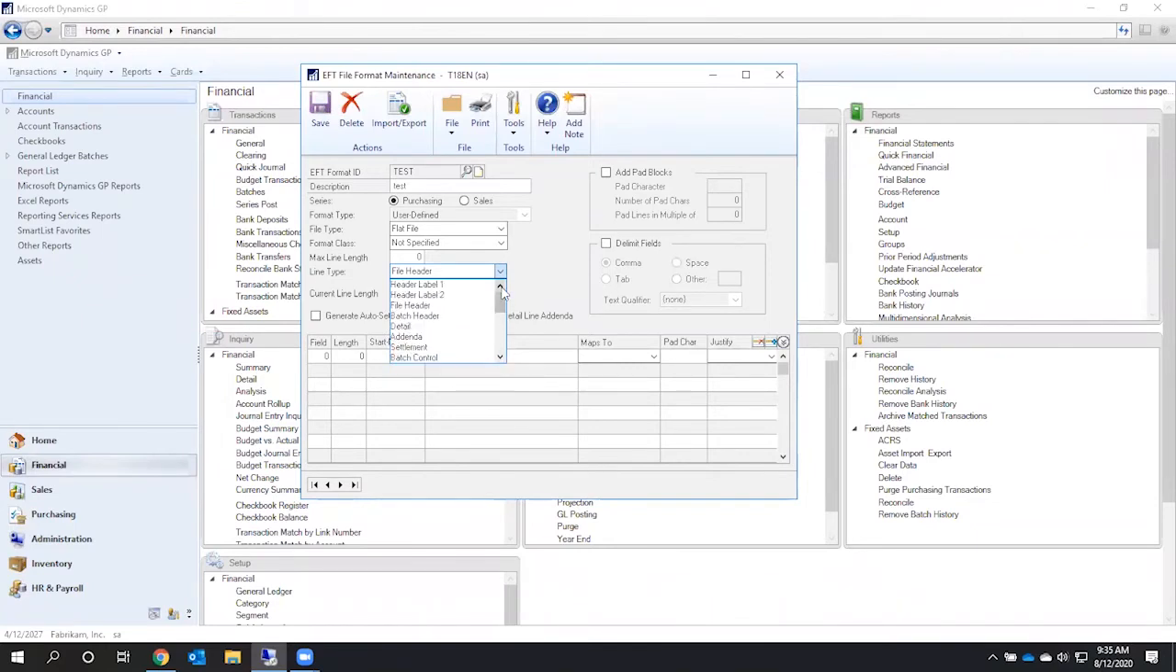What is a header label used for? That is normally used to specify some kind of information related to the file and what will be the purpose of the file content. It will be the same for the file header. It will indicate the purpose of the content of the file. For example, payment local vendor, something like that. It's just informational